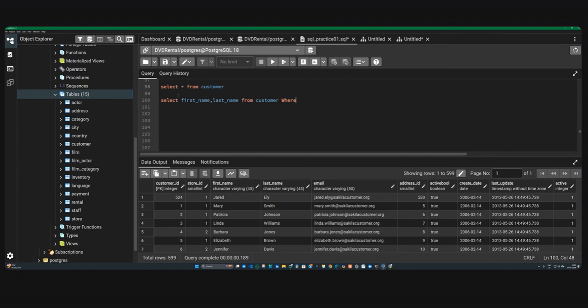See, your editor or Postgres application knows what the inbuilt keywords are. Where is a keyword. If I say where, see, this turns blue. This is not a keyword. So there is always a color code. Select is an inbuilt keyword. Select star from, and the table name could be anything. Whatever table you have, it will search. If it is not found, say for example if I say customers and run it, it shows